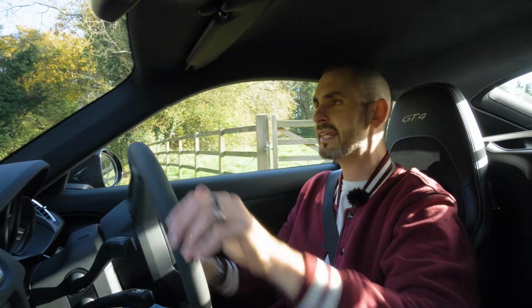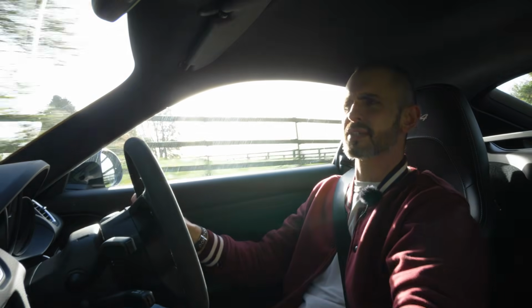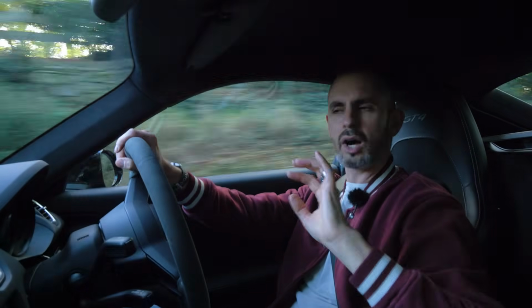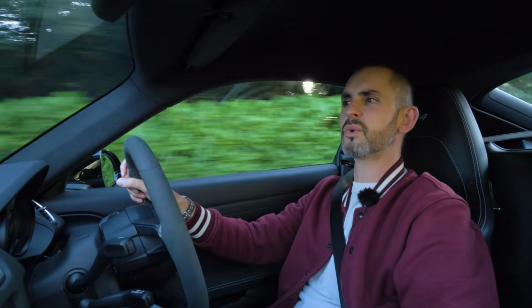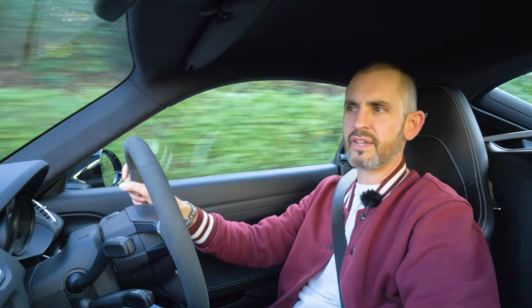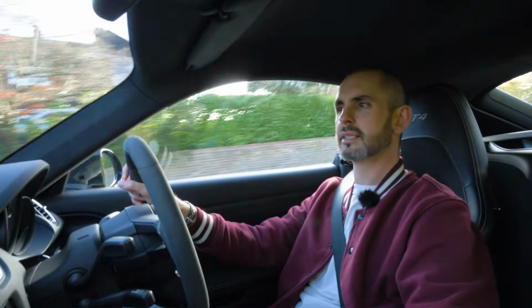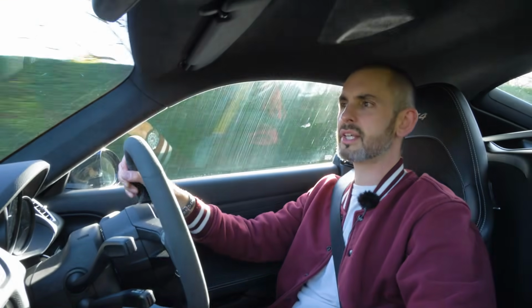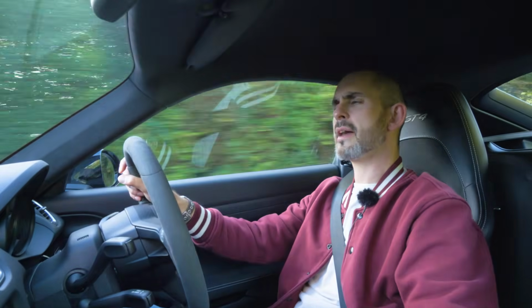And I know that the PDK car is quicker to 62, even though the manual one is 1 mile an hour quicker top speed. I'll put lots of stats on the screen, but they're all stats, they're all numbers. How does it feel in the seat of your pants? You know? How do your testicles feel when you drive it? Well, I'll tell you. Mine enjoy this car, and that's because